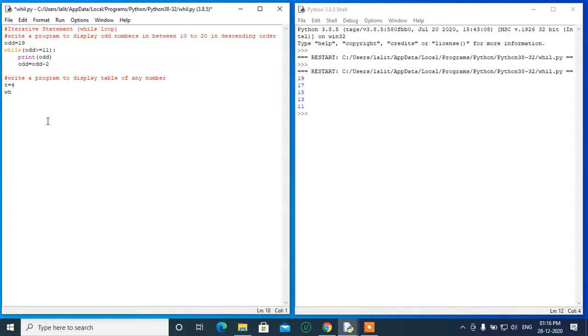Then write while, and while t is less than equals to 40. In for loop case in place of 40 you have to write 41, but here you have to write 40 only. It is applicable only on for loop.